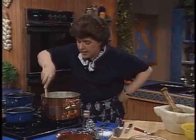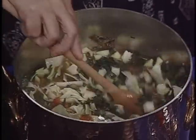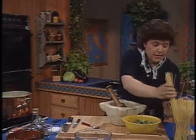Stir that around. And now with these added vegetables, this is probably going to take not too much longer to cook because they're going to cook down rather quickly. And you see how beautiful this is starting to look now. And here I've got